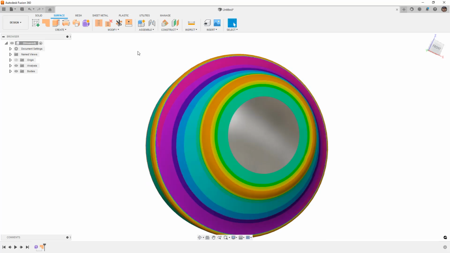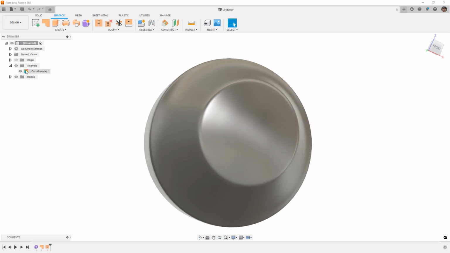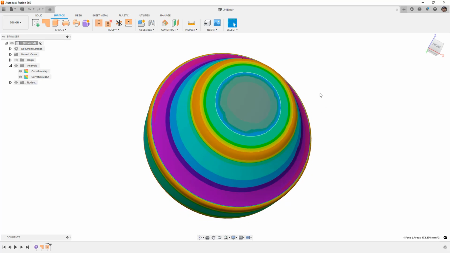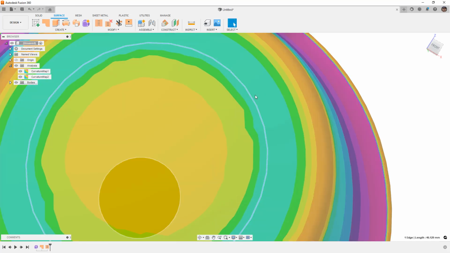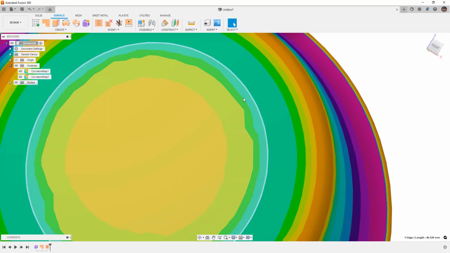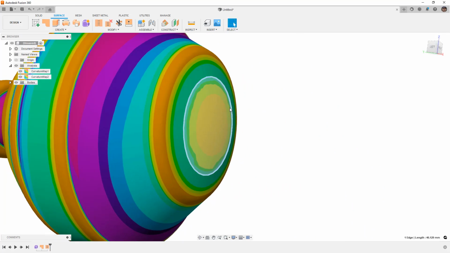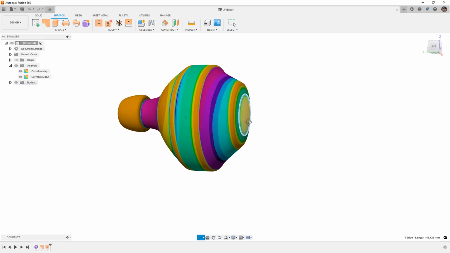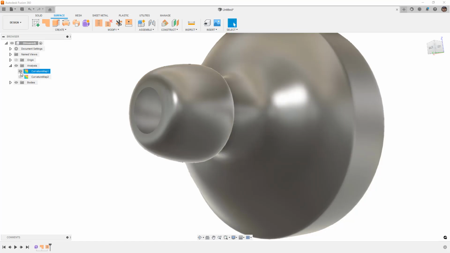The analysis is missing that face because they're not stitched together. They're not included. And if we include them, then we're going to need to make a new analysis just simply by the nature of how that works. But you can see that this is a much different result. That surface that we created starts right here. And you can see that the colors transition across that edge, which means that we've got the curvature continuity going across that edge. And of course it's changing because it's a little bit of a dome here just based on the way the shape was. So that's a good reason why you would want to use surfaces after the fact